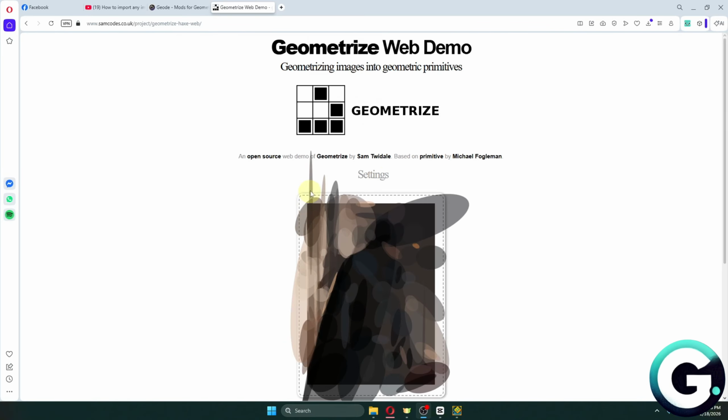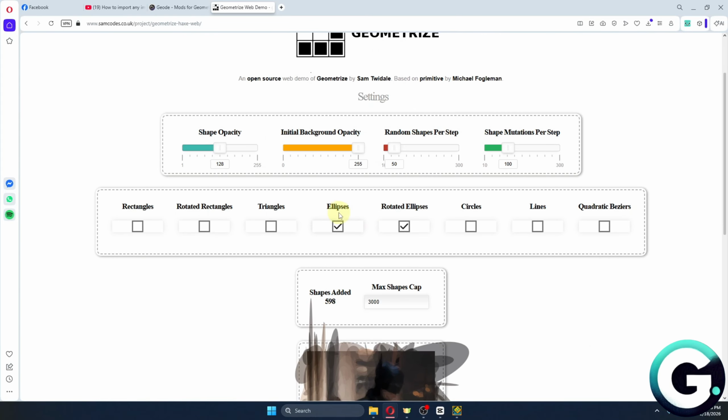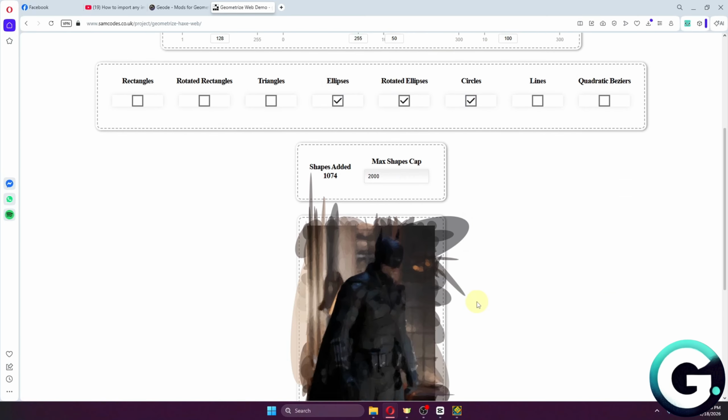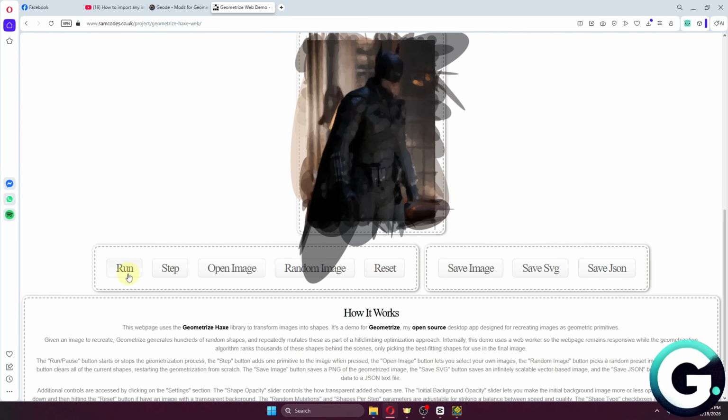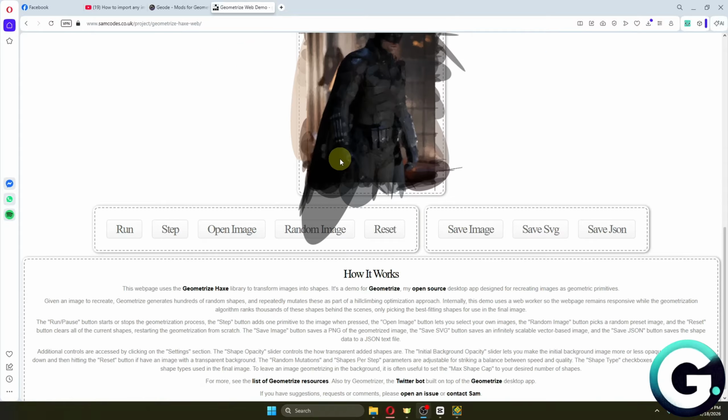simple. After selecting your image, click on Settings, and you want to make sure to enable the ellipses, circles, and the rotated ellipse. From here, you want to put 2000, and then once again, you want to click on the Run button. You then have to wait for the shapes to reach the max shapes cap. In our case, it's going to be 2000. And of course, from there, you then want to click on the Save JSON button, which will then save our